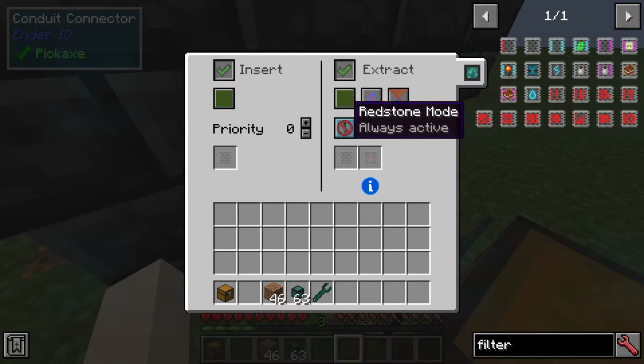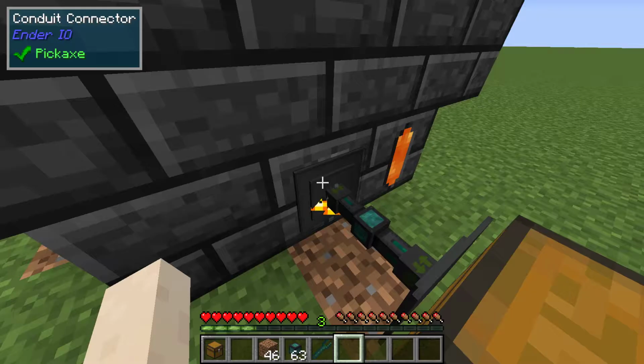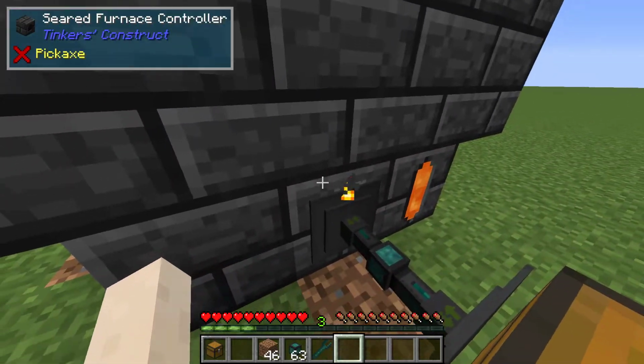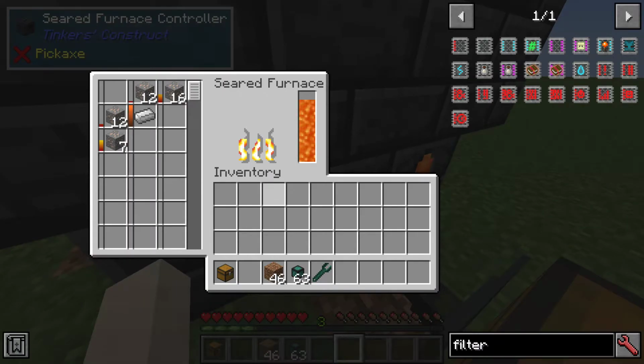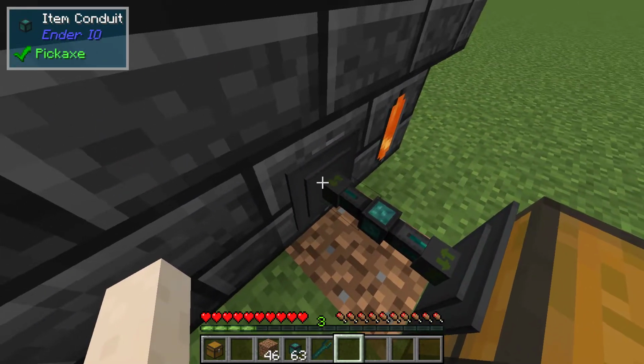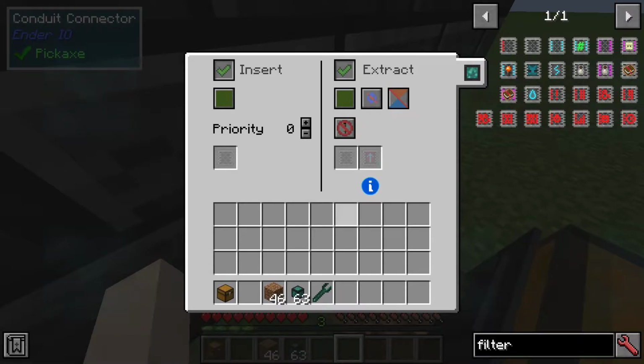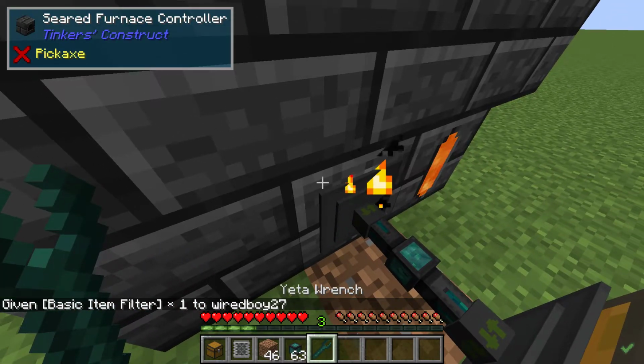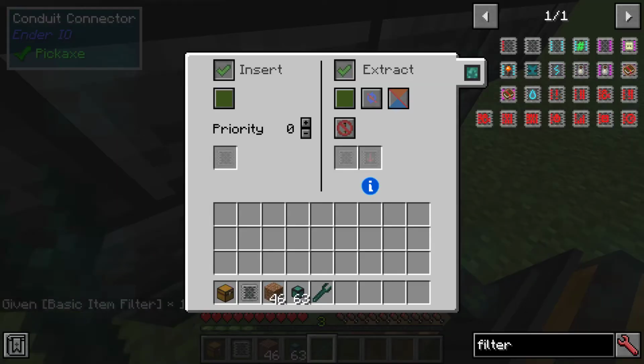If I just do extract always active. Yeah, it's looping, okay. I think you need a lot of filters, don't you? This is always a little bit confusing, like which one you need to put on the